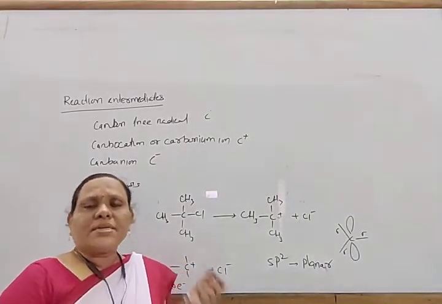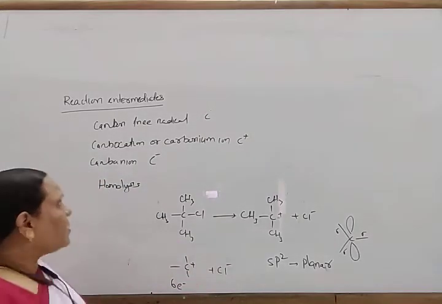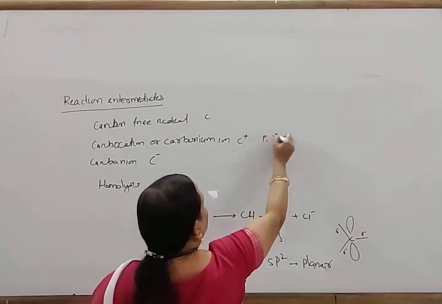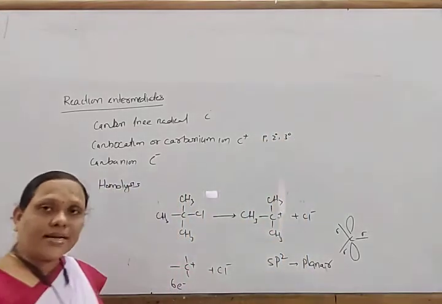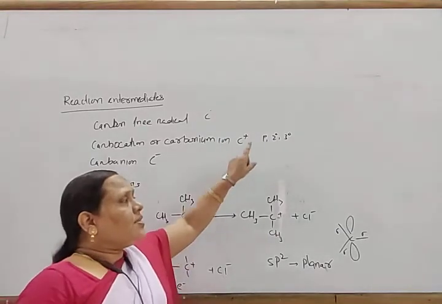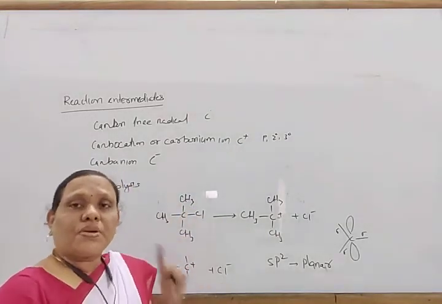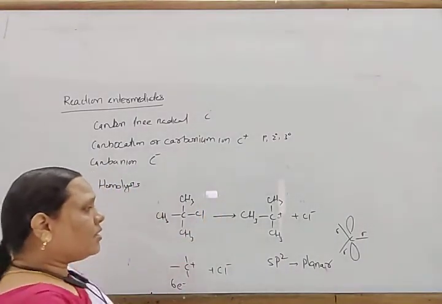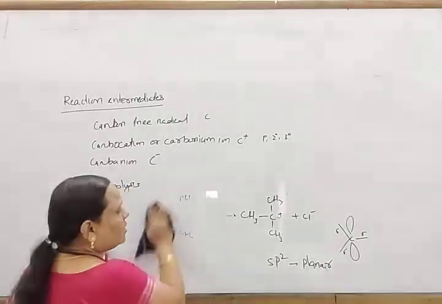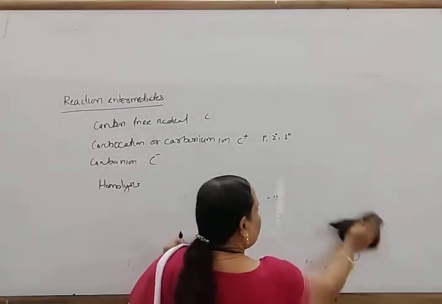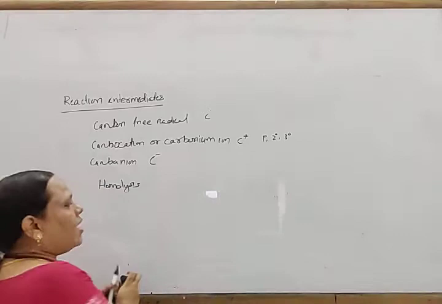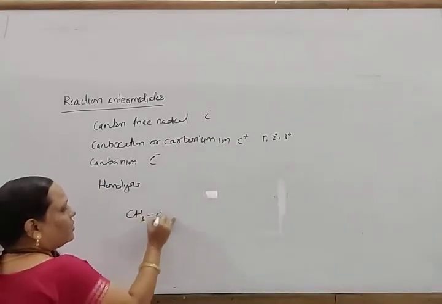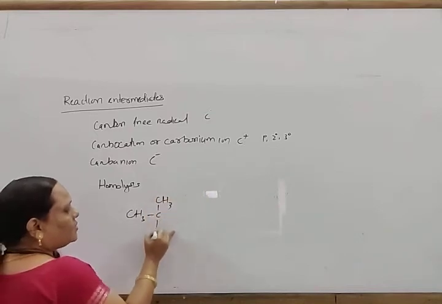As carbon atoms are classified as primary, secondary, tertiary, carbocations are again classified as primary, secondary and tertiary carbocations. Due to inductive effect, hyperconjugation effect, the tertiary carbocation is more stable than the secondary carbocation, than the primary carbocation. Among the primary, ethyl carbocation is more stable than the methyl carbocation. So in this way,